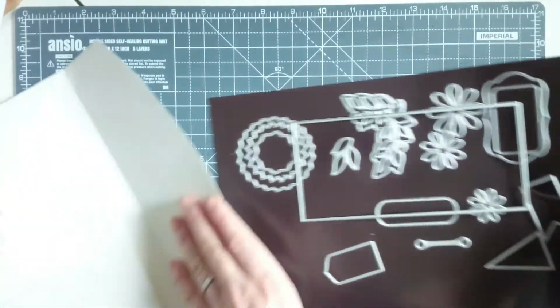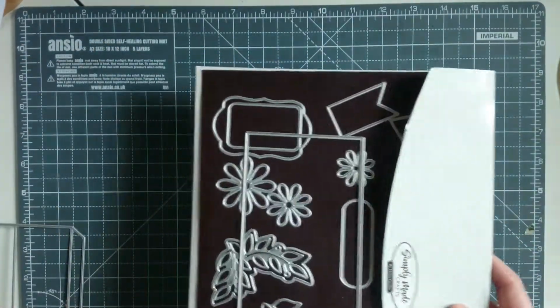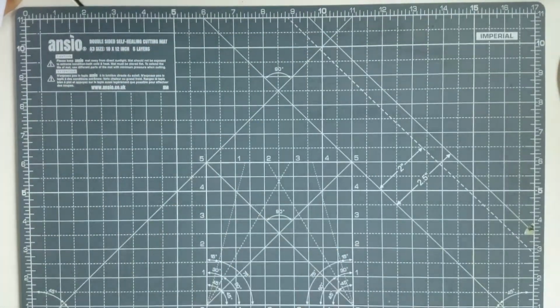So let's have a quick tidy up, because I do make a lot of mess when I'm filming, when I'm crafting. When I'm not doing anything, I seem to make a mess when I'm just not doing anything as well. Right,